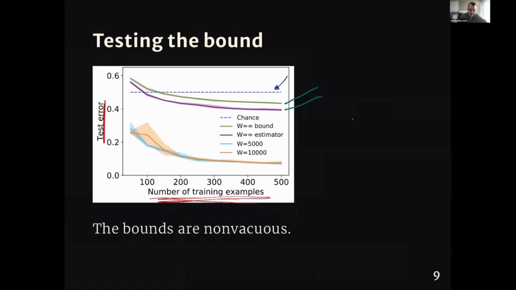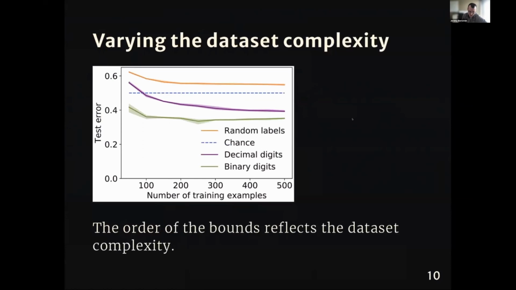Okay, the next thing we wanted to do is try something a bit more interesting. So we compared the bounds across different data sets, and data sets of varying complexity. So that's what this plot shows. The axes are the same. It's test error against size of the data set. And the key point of this slide is that the ordering of the bounds reflects the complexity of